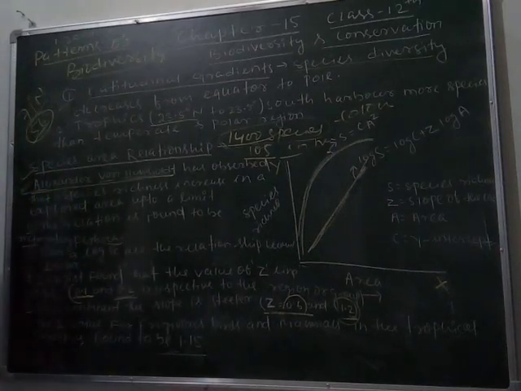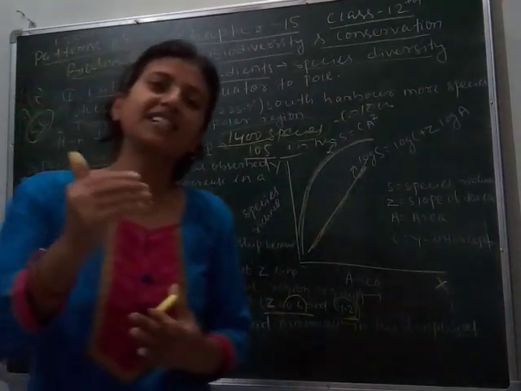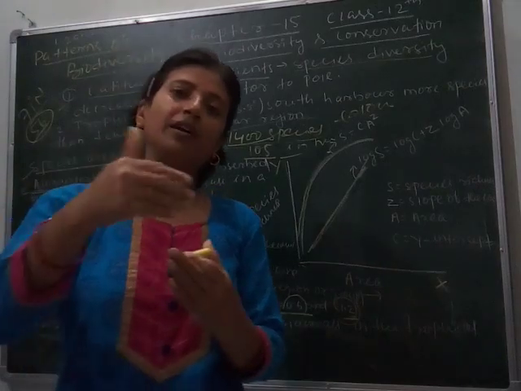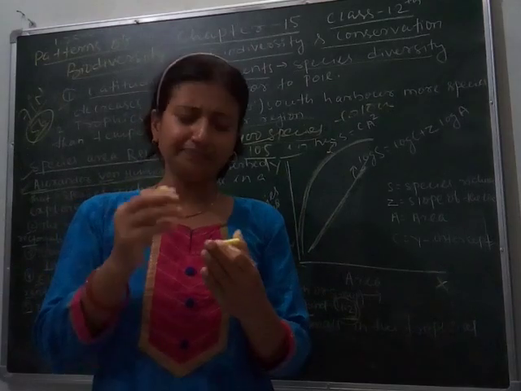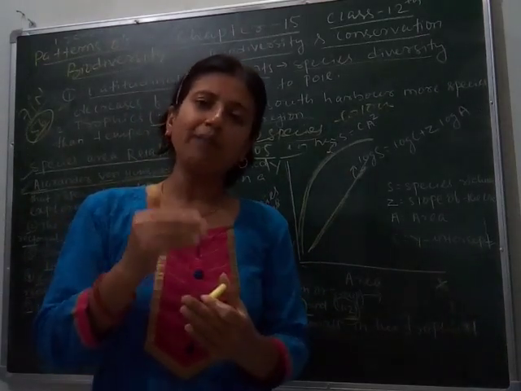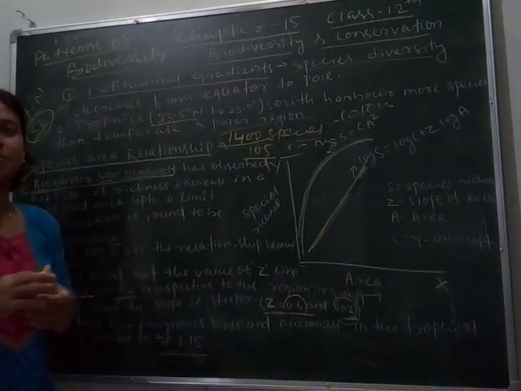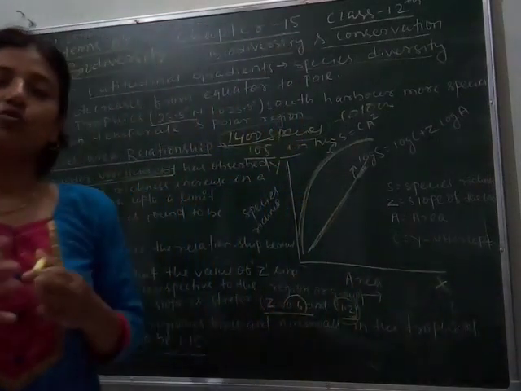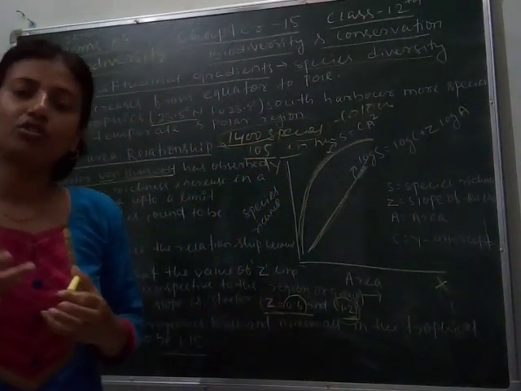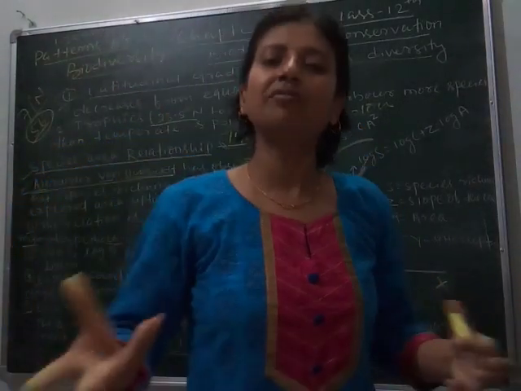Another point you have to understand is that tropical latitudes have less seasonal variation and are relatively more constant, means every season has little variation, due to which the environment is predictable and has more species. And the next point you have to remember is that more solar energy is received by the tropical regions throughout the year. That's why photosynthesis occurs, and due to photosynthesis it supports a large species diversity.